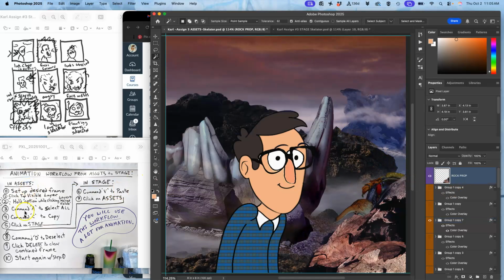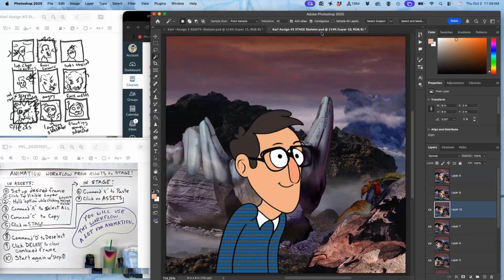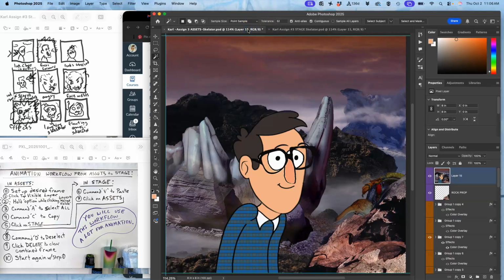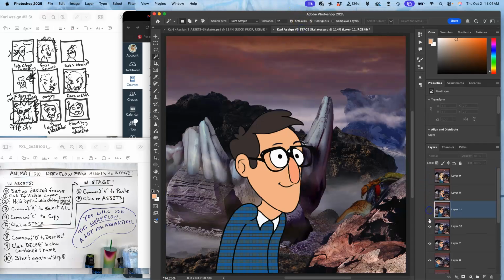So I go through these 10 steps. Number 0, I've set up my desired frame. So I start at number 1. Click on the topmost visible layer. Hold down Option. Go to Layer, Merge Visible. Makes a combined layer. Command A to select it all. Command C to copy it. Go to my stage. Command V to paste it in. And go back to my assets. Command D to deselect and then delete. Okay, so now